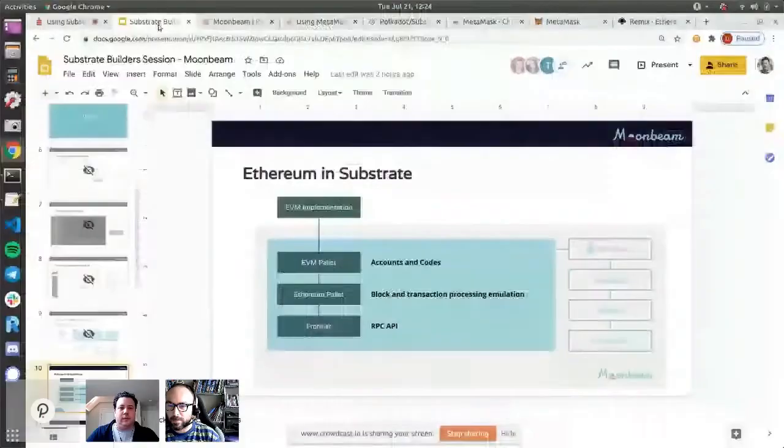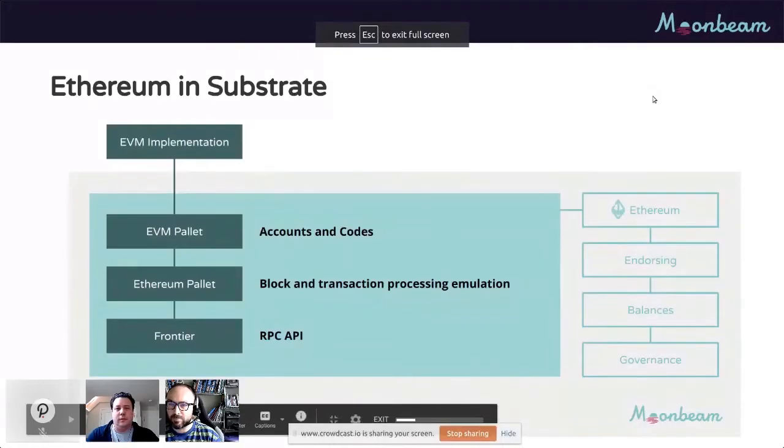Well, hi, everyone. My name is Telmo. I'm a developer in the Moonbeam project. And as Derek mentioned, we've been focused on Ethereum support development for the last months. And I thought that this could be a good opportunity to share with you guys the current Ethereum landscape status. So I don't know if Derek, you're sharing the slide. Yeah, let me go back. And there we go. And let me just present here. So you should see it now. Yeah, thank you very much.